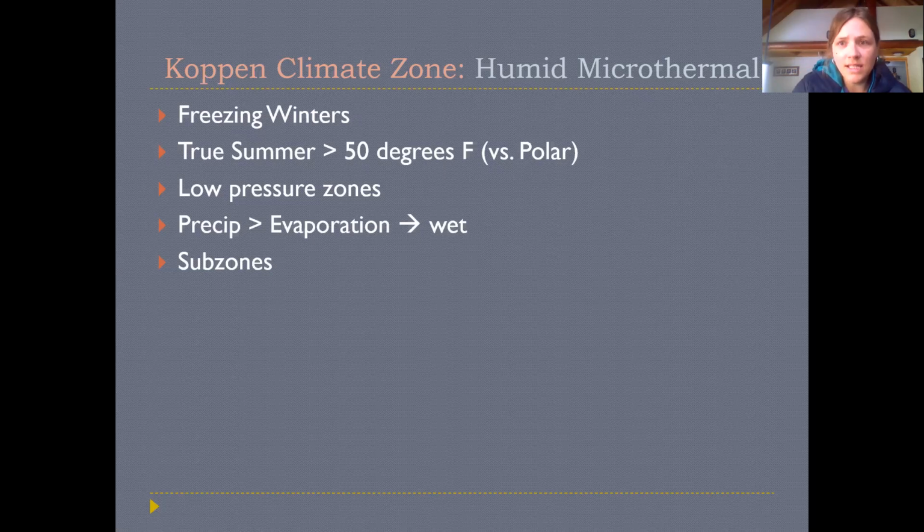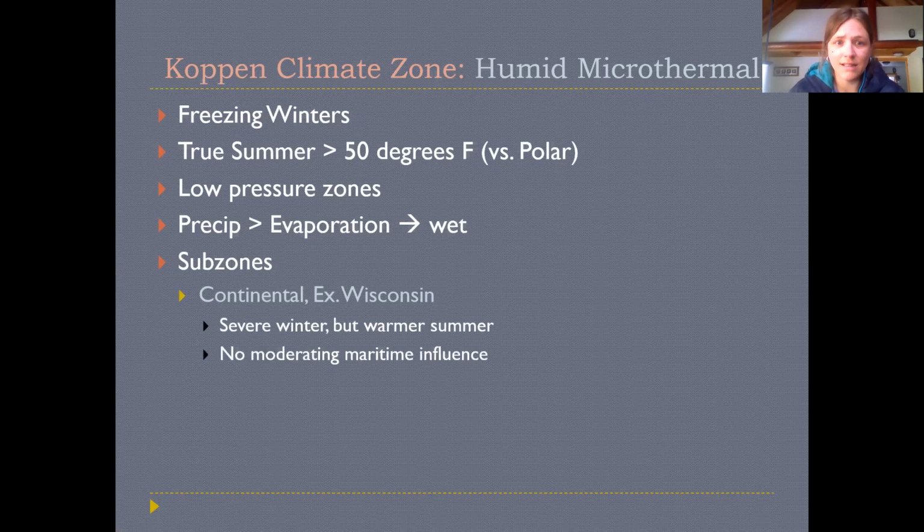So within these areas, there's two subclimates. The first one is called the continental climate. So the continental climate would exist at a similar latitude to the marine west coast zone, so maybe like 50 degrees or even approaching 60 degrees latitude, but they're inland away from the ocean, so they don't have that moderating influence and therefore have much more extreme seasons. So a severe winter,